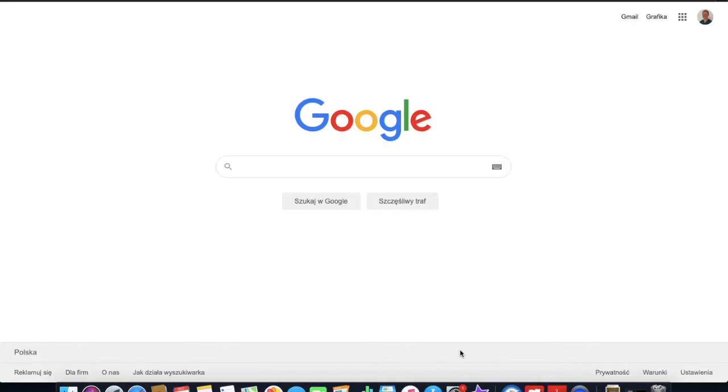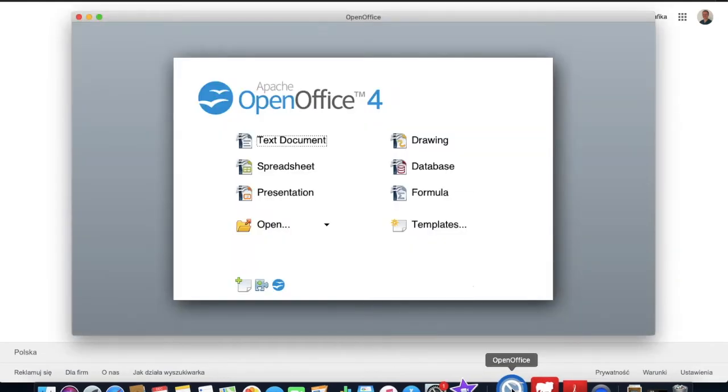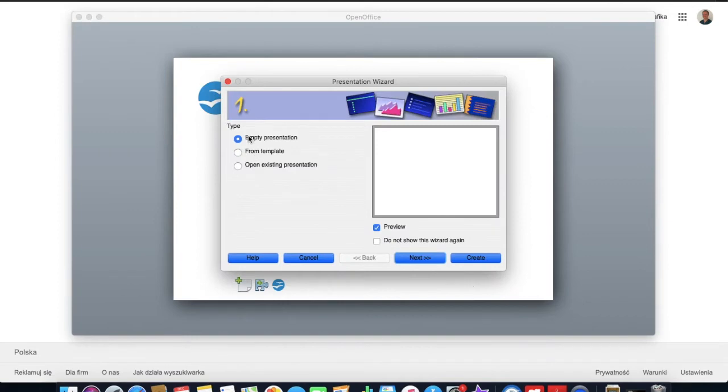I will start this demonstration with creation of a completely empty presentation. Here I use the OpenOffice Impress software, and I will choose to start a brand new presentation. I normally use simple black on white design, especially if I'm short of time.